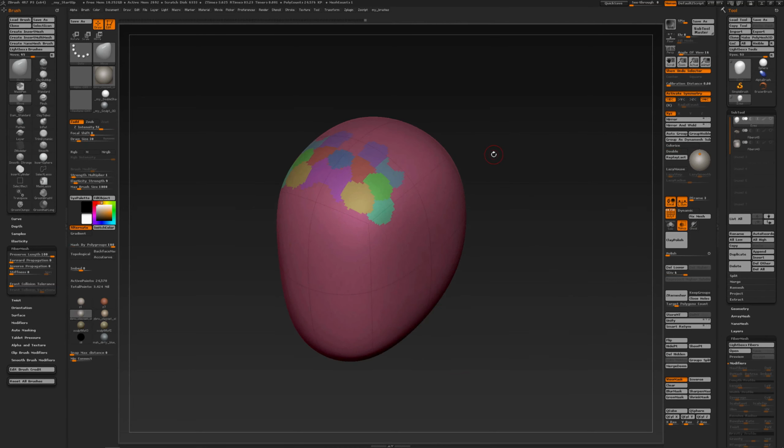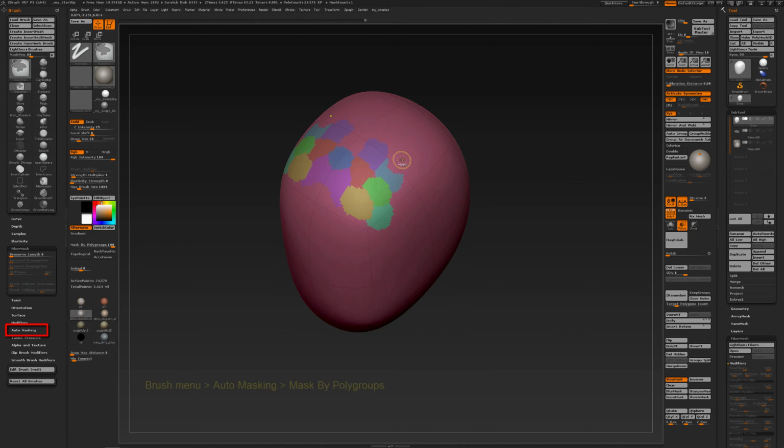A quick and easy way to create polygroups is by painting a mask and then pressing Ctrl W to make the mask into a polygroup. So when you turn on mask by polygroups to 100, then when I press the Ctrl key and start painting a mask, the other polygroups will not be affected. So you can go over them, and you see that's something that also gets masked out. So I forgot to go over the other polygroups when I painted over there. So when I paint now, Ctrl W,